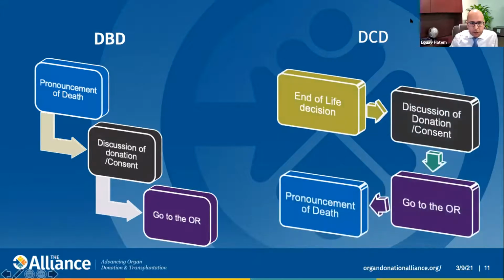In DCD, the family will make the end-of-life decision, and then the discussion of donation will happen. We go to the OR, the withdrawal of life support happens in the OR, and the pronouncement of death happens in the OR. So talking about donation before declaration of death